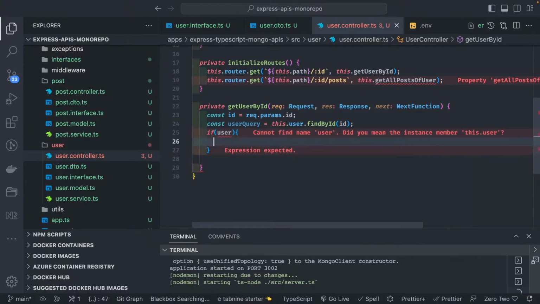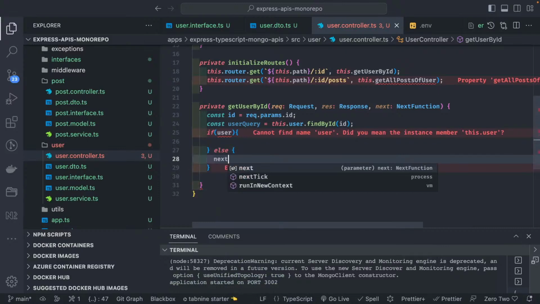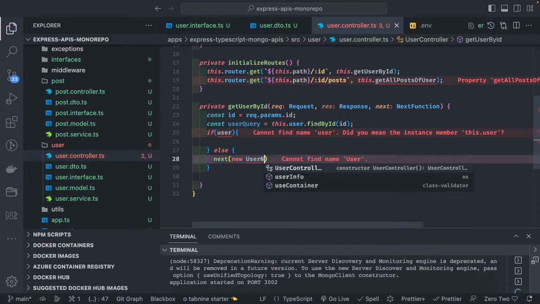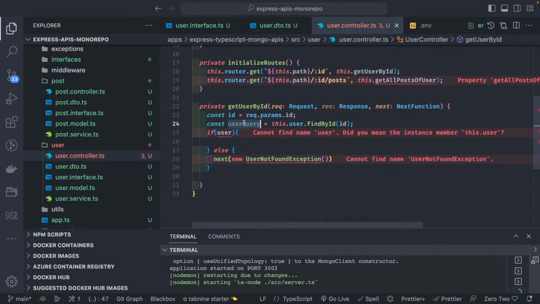Just return it, otherwise response.send. Otherwise, what we will do is call another exception, the user not found exception. So we are going to throw the custom exception for this. If the user is there,